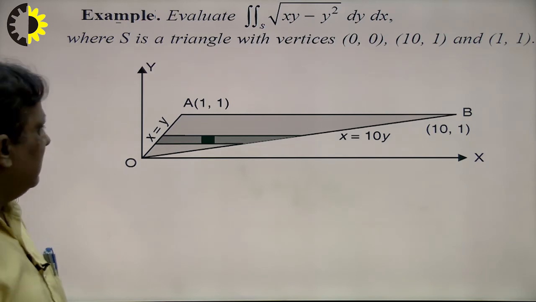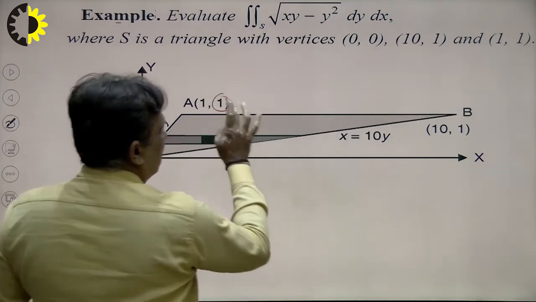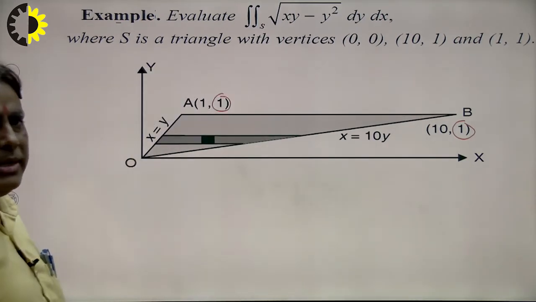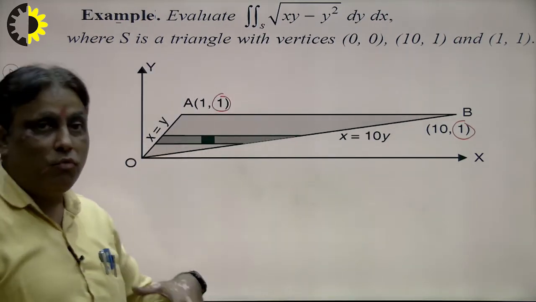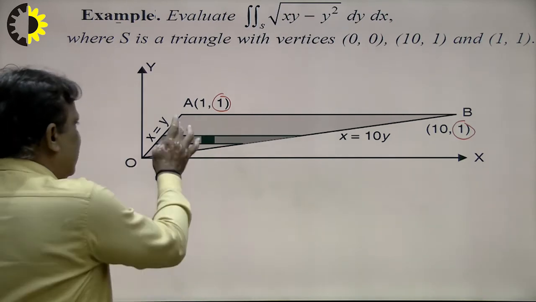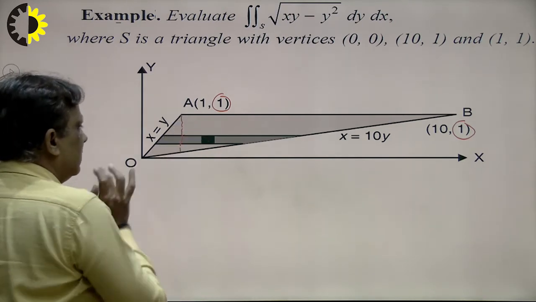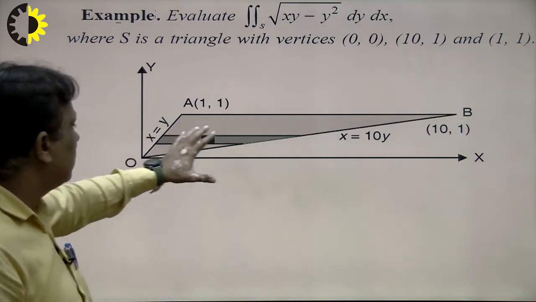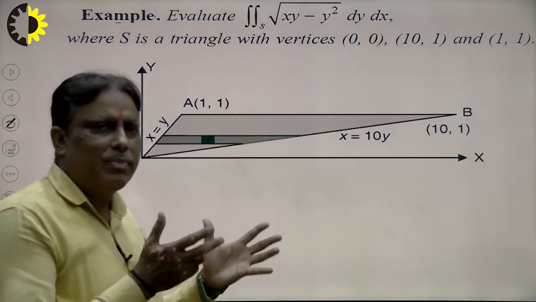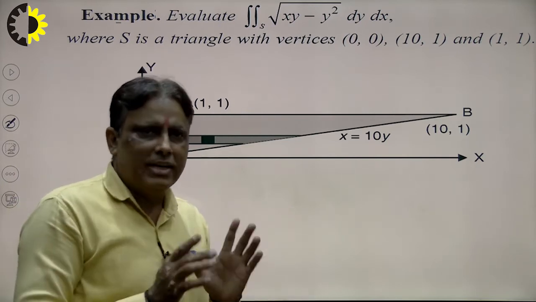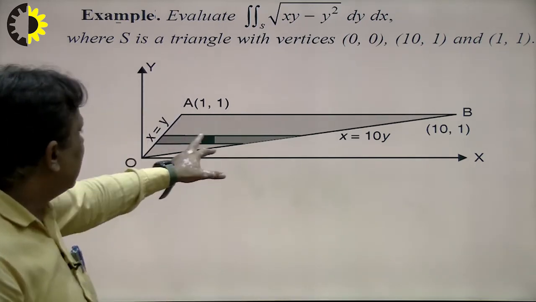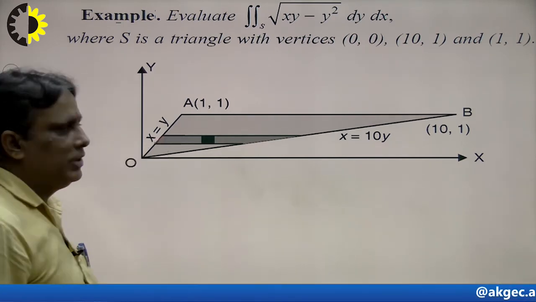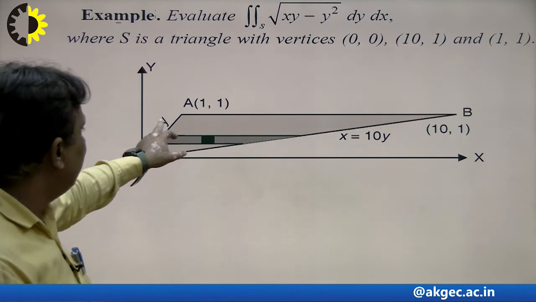Now the question is that y is the same. That means this line is parallel to the x axis, right. So suppose I want to take the limit of y first. If y is first, the region is divided into two parts, right. Due to this reason I take the strip parallel to the x axis. Because we take the limit parallel to the x axis, the region will be one here, right. So that means we take the limit of x first. So the lower limit of this strip is this. So what is the value of this x? So the limit will be x is equal to y.